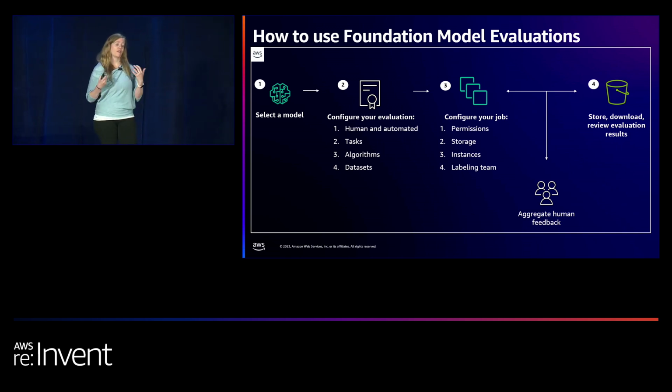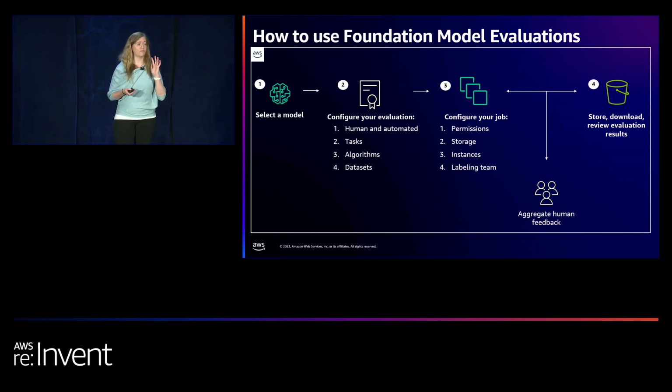After that, you'll select the task for the foundation model. This can be open-ended generation, this can be question answering, summarization, and then text classification. So one of those 4 tasks, and then each task comes with a number of algorithms that implement basically the test for how well the model will perform. And then as Mike mentioned, we also have pre-built data sets. So standard NLP data sets that make this entire experience, again, very easy and very fast for a Python developer with not a lot of data science experience to be able to get up and running in minutes. It's really very friendly to use.